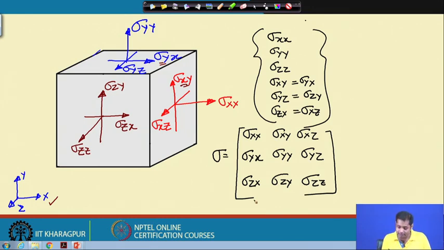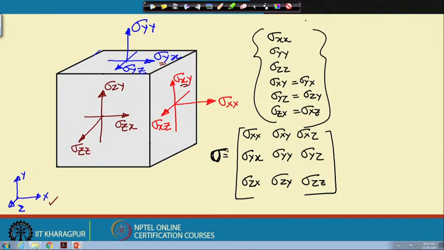So this is sigma, the stress written in matrix form. Usually when you see any book, there are two things you can observe. One is that whenever we write a second order tensor, it is always written with a bold letter. Sigma in bold is not possible here, but if you see a book, if it is written in a bold letter, implicitly you can assume it is written in tensorial form. Another important thing is that in some books, instead of sigma xy,